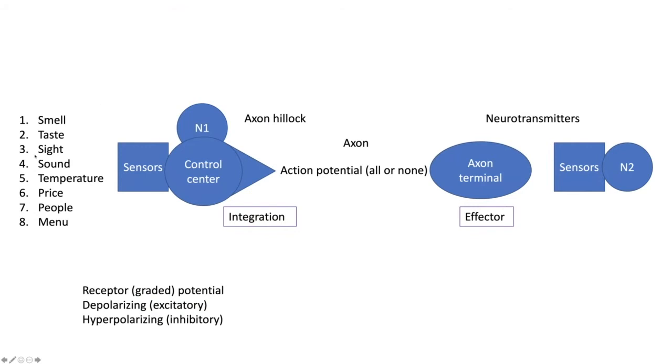We look at the place. Is it a nice place? Do I like the decoration? Is there nice music, or is there very loud music? How is the temperature of the place? Is it very hot? Is it very cold? We take a look at the menu. Can we afford it? Do we like the price of the food? Do we like the price of the wine? Are there nice people around, or is there a lot of people making noises and fighting? And do we like the different things that are in the menu? Notice, I just made 8 things in this list, but we actually look at many other things.